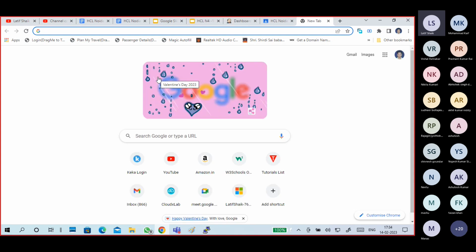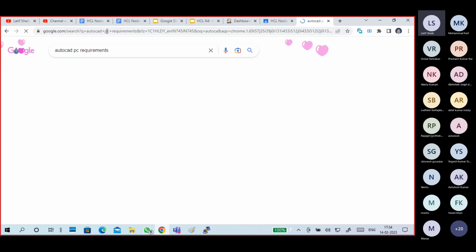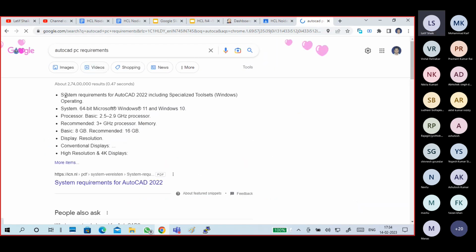For example, I want to install AutoCAD, so I check the PC requirements. What are the requirements to install AutoCAD 2022? Windows operating system, 64-bit Windows 10 or 11, a 2.5 or 2.9 gigahertz processor, and better if you have a 3 gigahertz processor. RAM is 8 GB, recommended is 16 GB.